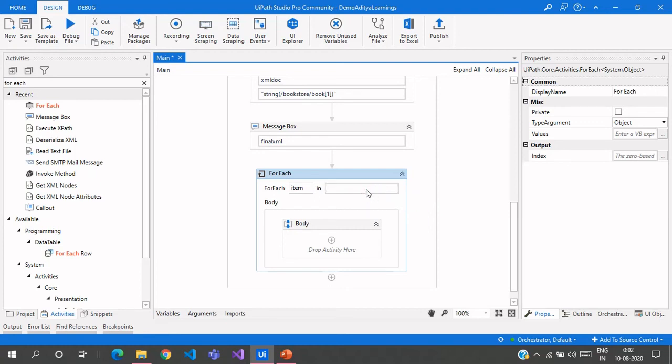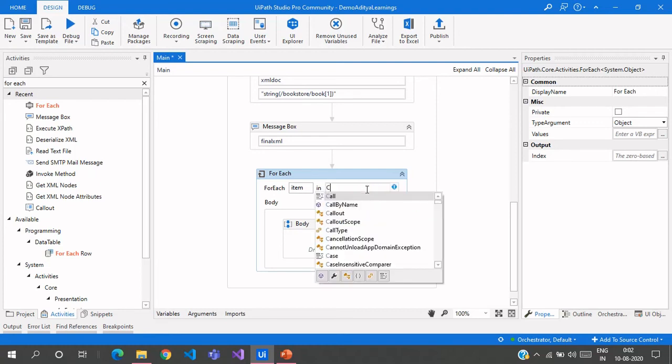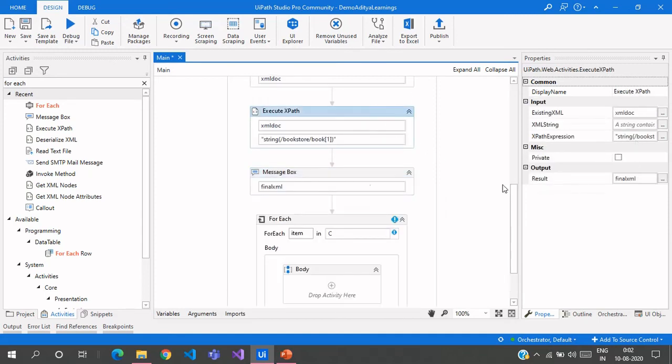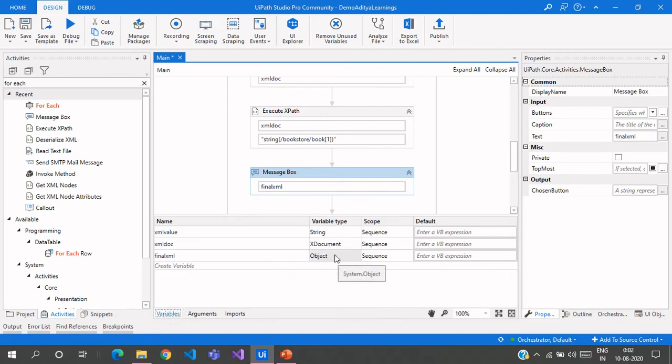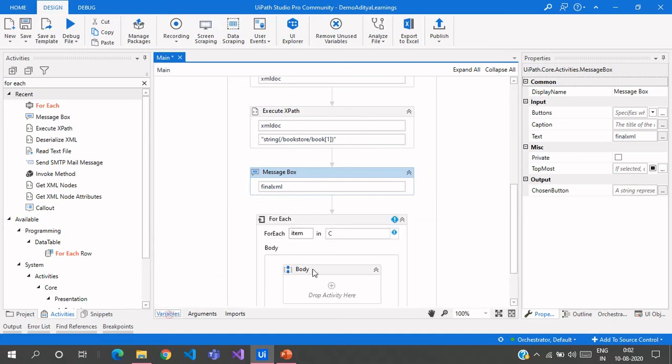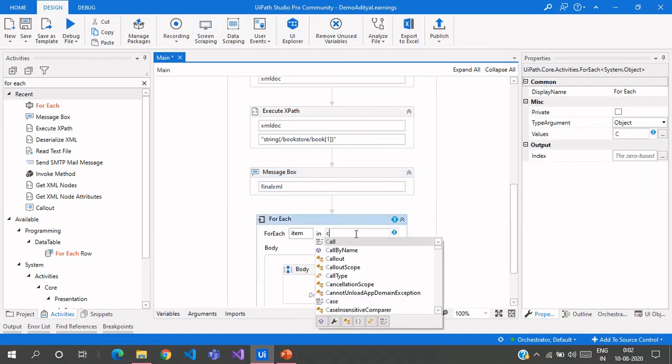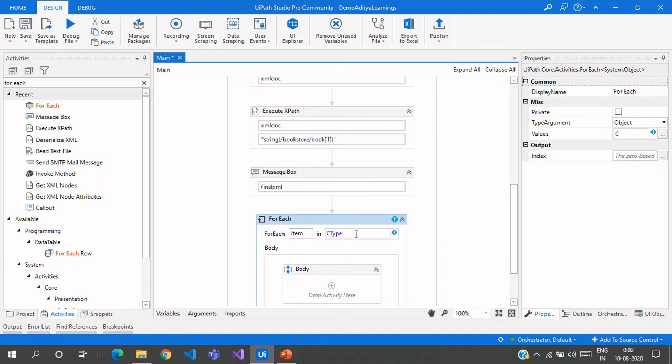So let me cast this particular object, because you can see here the output of this one is an object. Let me open the variable. Here you can see the variable type is object, so we are casting this object to an enumerable value. Let me try this first. CType, open the brackets, and then you need to pass the value, which is finalXML, comma